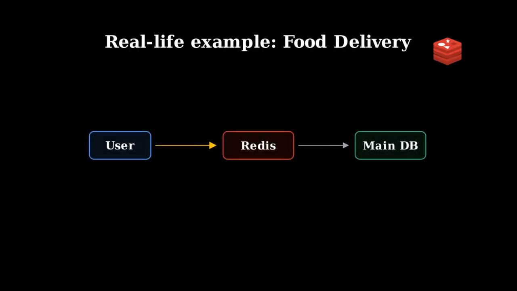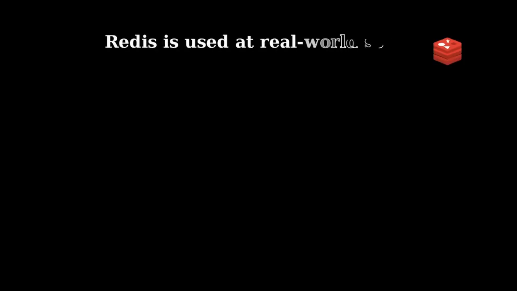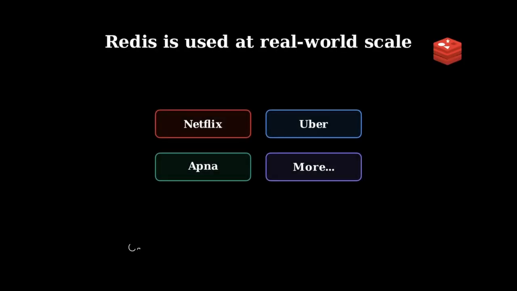Real-life example. For example, there is a food delivery app using Redis. First, the request goes to Redis. If not found, it goes to the database and the response is returned to the user. And the next time, the request comes to Redis and Redis returns the response. Too fast, right? So Redis is used in real-world apps at scale like Netflix, Uber, Apna, and many more